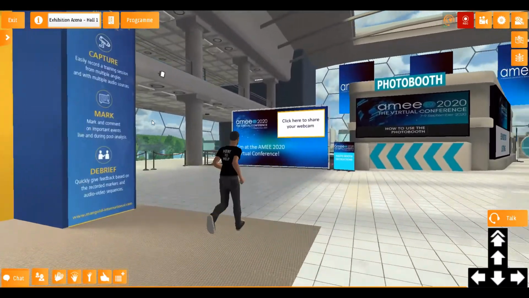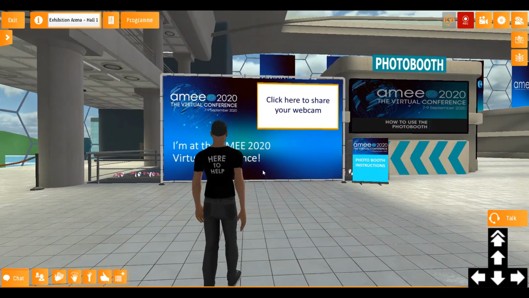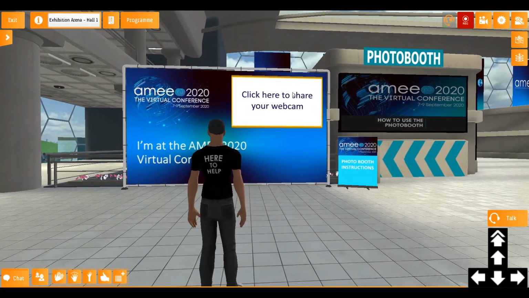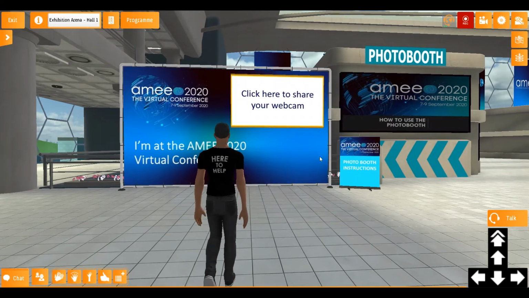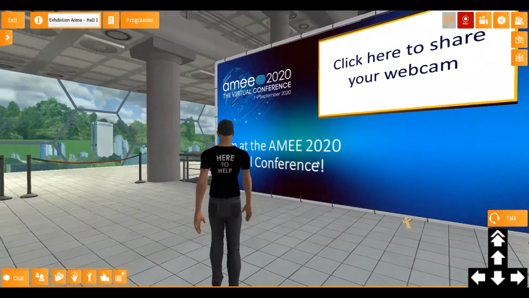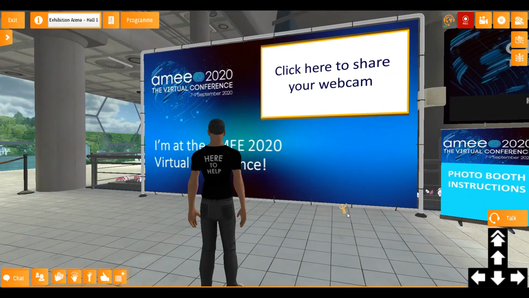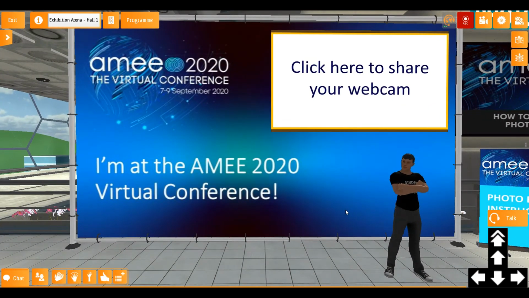Furthermore, there is a special funny thing for all the participants, which is called a photo booth. To use it, you must click on share your webcam, and with using an option you share your webcam here. I won't use it because I look terrible right now, but let's imagine that my picture is here. And furthermore, at the bottom there is a small, very poorly visible icon that makes your avatar stand in a give me a screenshot